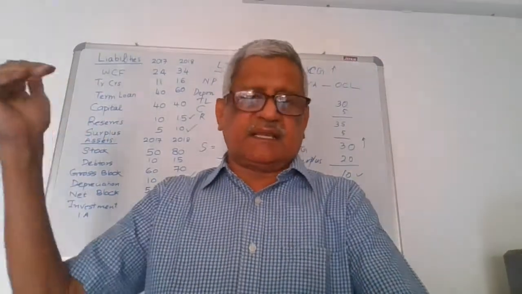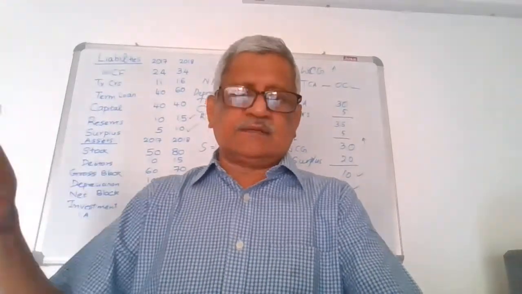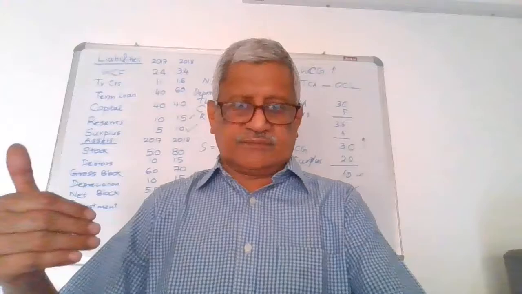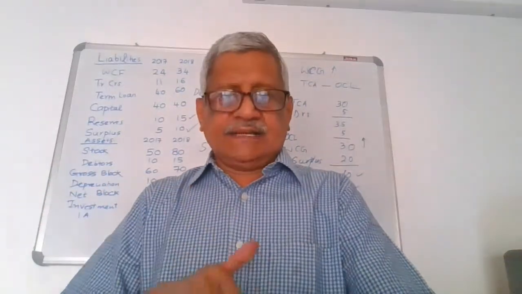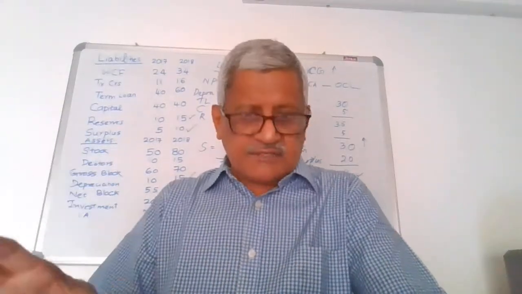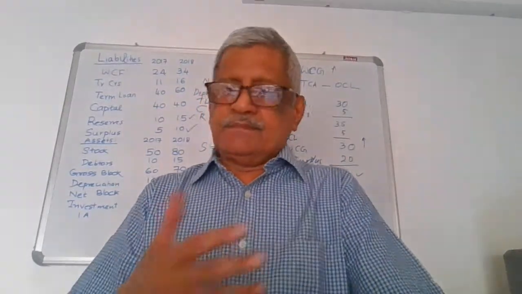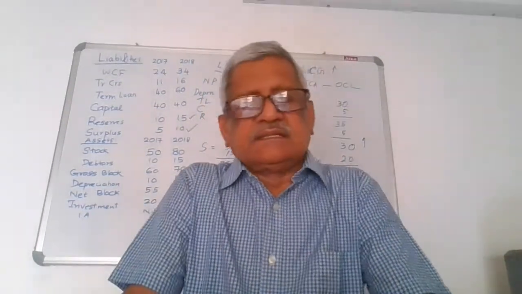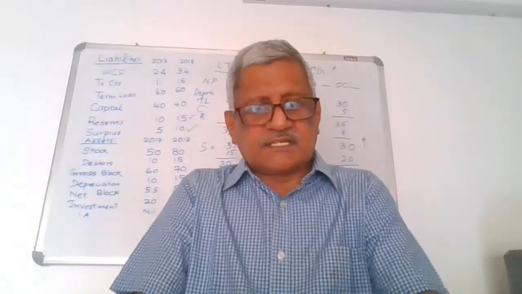It is nothing but TCA minus OCL. The increase in total current asset and increase in other current liabilities, I find the difference. I get the working capital gap. From the working capital gap, I deduct the surplus of LTS over LTU. There will be a deficit. If there is a deficit, naturally it is to tally with the working capital finance. This is how the fund flow statement or the CMA form number 6 is prepared.